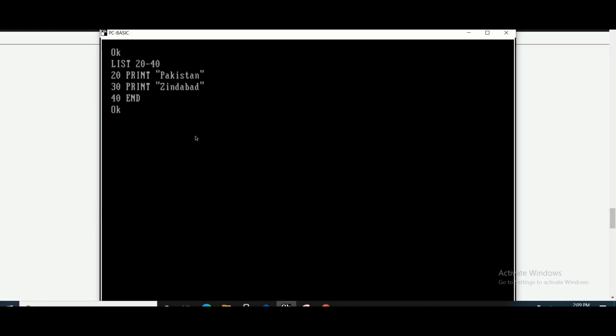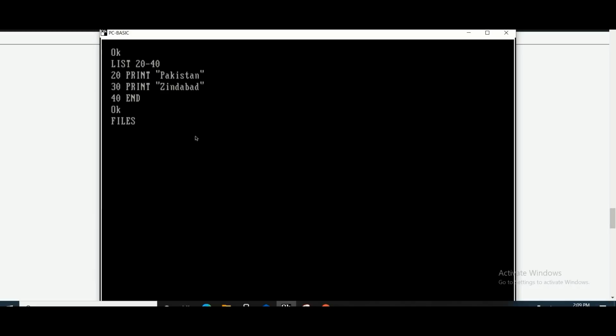Now list command I have used. If I have not saved this program on my disk, to see disk files, hard disk files, in DOS, if you know, we use dir command, but here we will use files command, right? Just like in Windows, we use Windows Explorer to see our files.